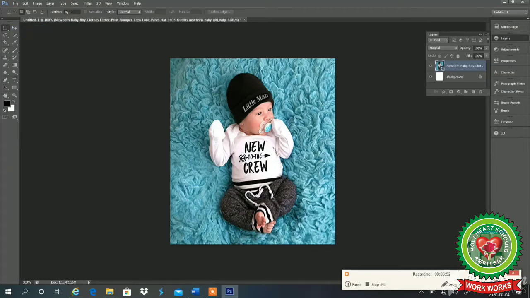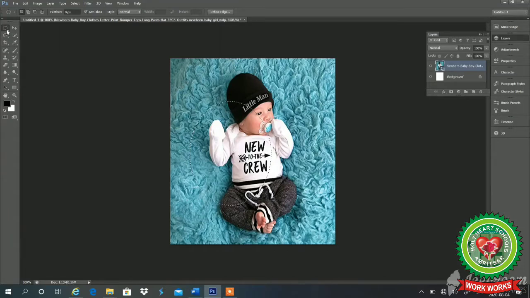Click on it. Come to your work area. On the image, hold and drag the mouse. See, the rectangular shape border is around the picture. Means the rectangular selection is done with the help of the rectangular marquee tool. Next we have the elliptical marquee. Now I will choose this elliptical. I will hold and drag the mouse and see, the elliptical shape dotted border is on my picture, that is for elliptical selection.